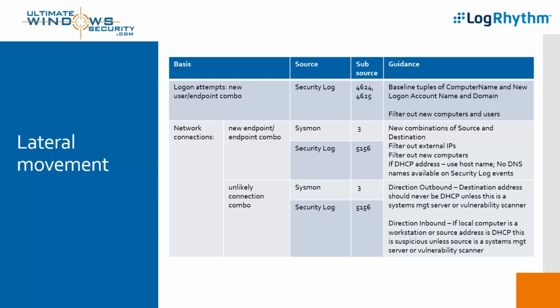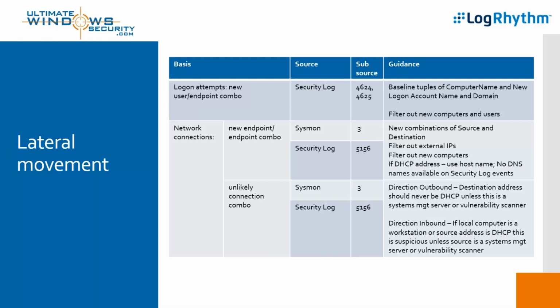Yeah. Another possibility is direction inbound. If the local computer is a workstation, or if the source address is DHCP, looking at the computer name in the event log, you may or may not have the ability to determine this is a workstation. But if the source address is within DHCP, and that should be easy to determine in a SIM, because all we need to do is put in our DHCP ranges, right? Then why is a computer trying to get into this workstation from over the network unless the source address,